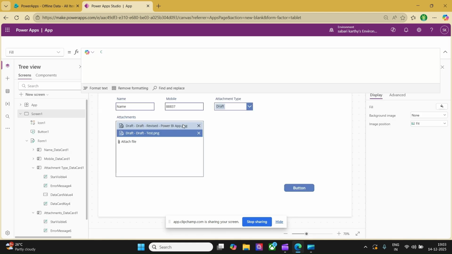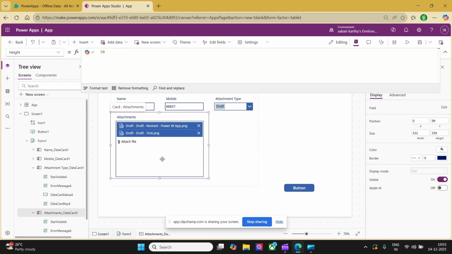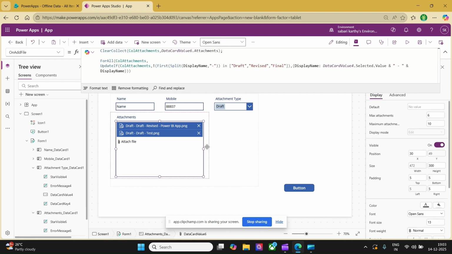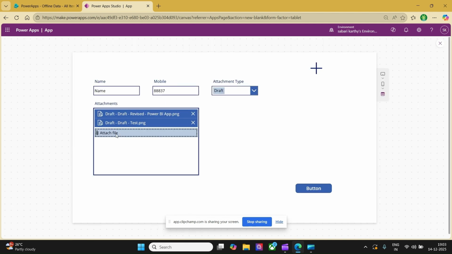Let me go back to the code and see what went wrong. I'll go to the attachment section and make sure to check. Okay, we are adding a space, which might be a problem. So let me copy this, and we would like to use the same code to split. Now let me run the app,